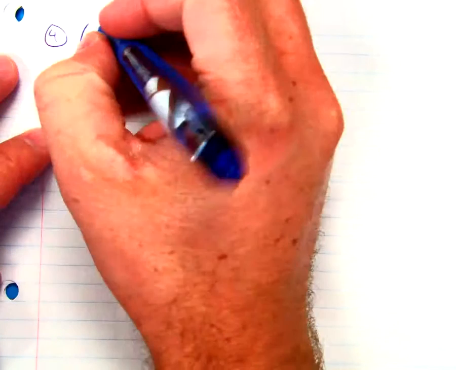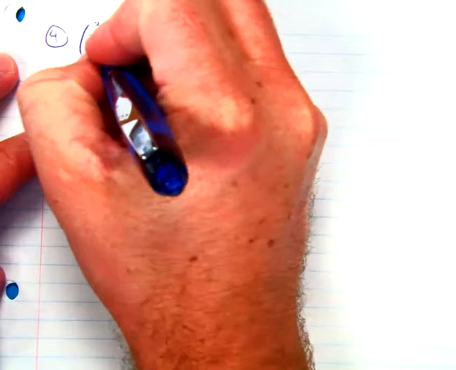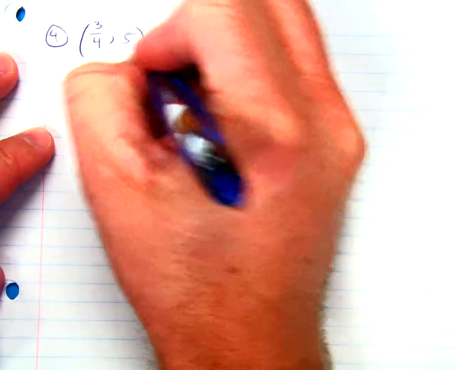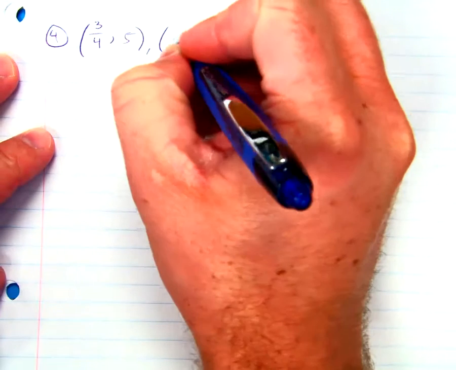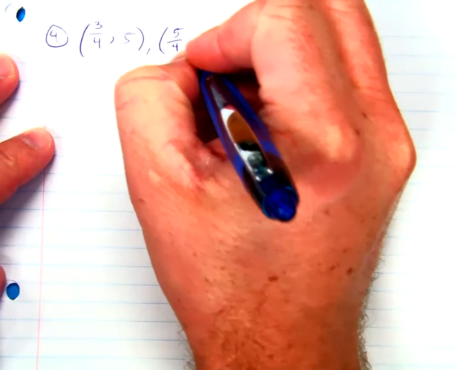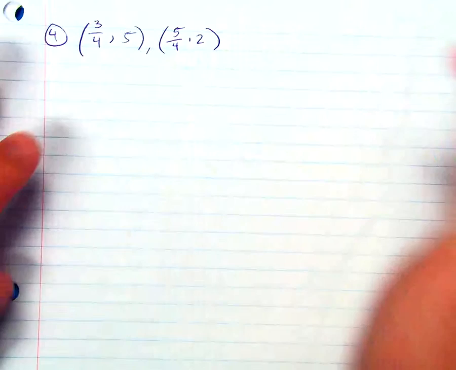So for number 4, you're finding a slope, and they gave you 2 points, but unfortunately for some people, the numbers they gave you included fractions. Oh no! But what is good about these fractions is they were at least kind enough to give you fractions that already